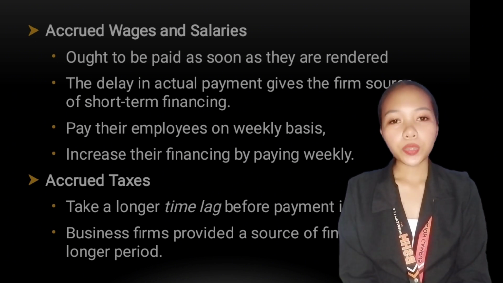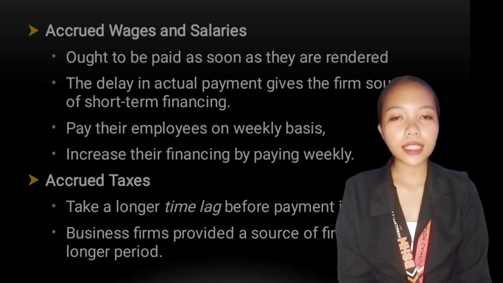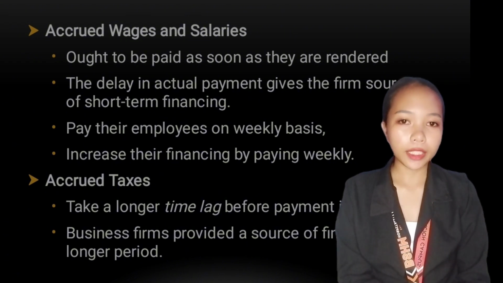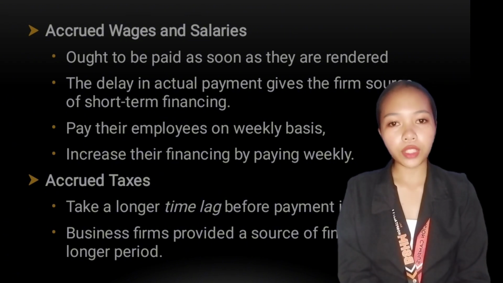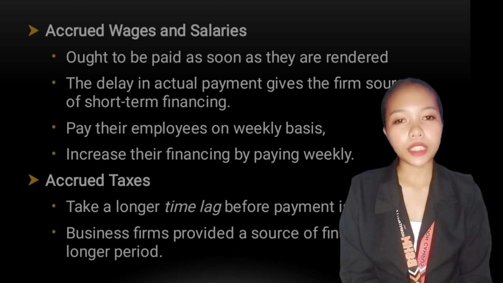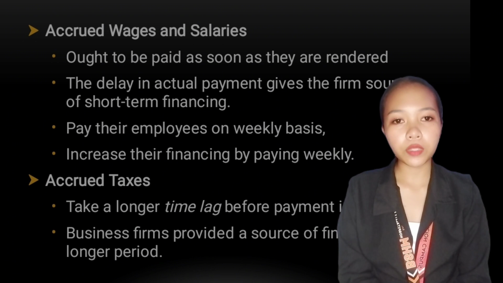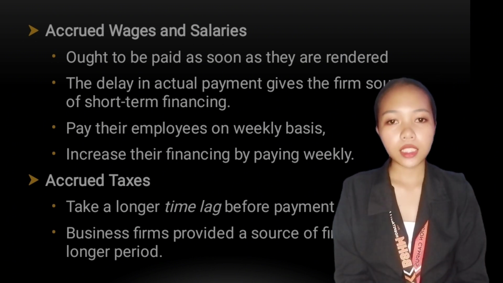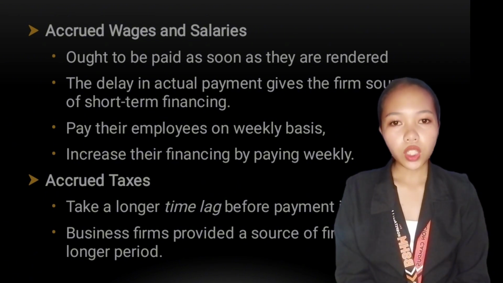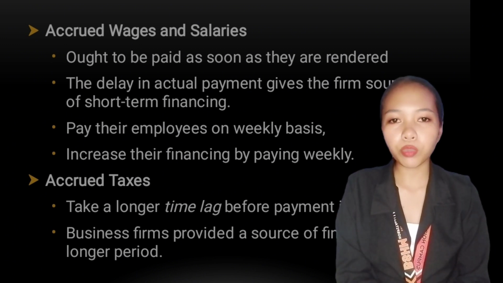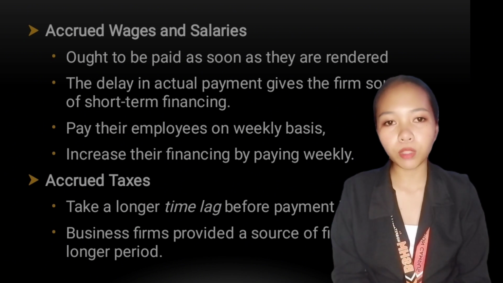Accrued taxes refer to taxes assessed against the company that have not been paid, whether those taxes are on the company's earned revenue or on the value of any property the company owns. Other forms of accrued liabilities include interest payments on loans, warranties, on products or services received, and expenses, all of which have been incurred or obtained but for which no invoices have been received nor payment made.